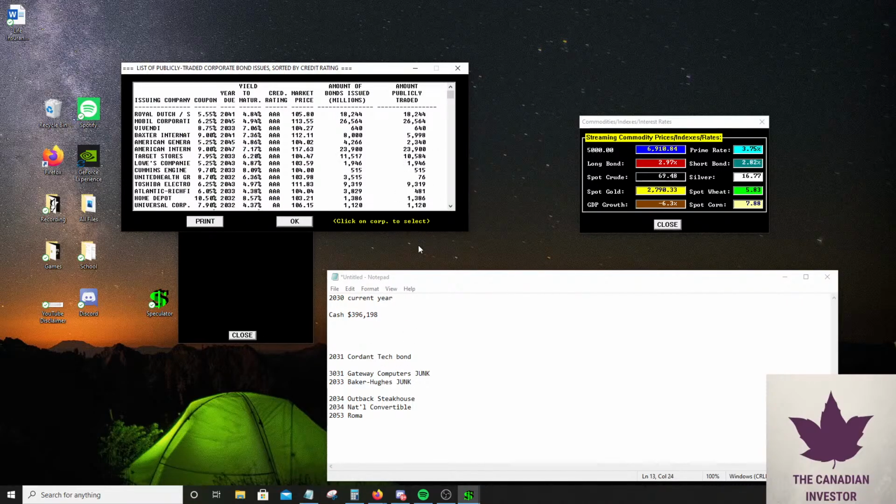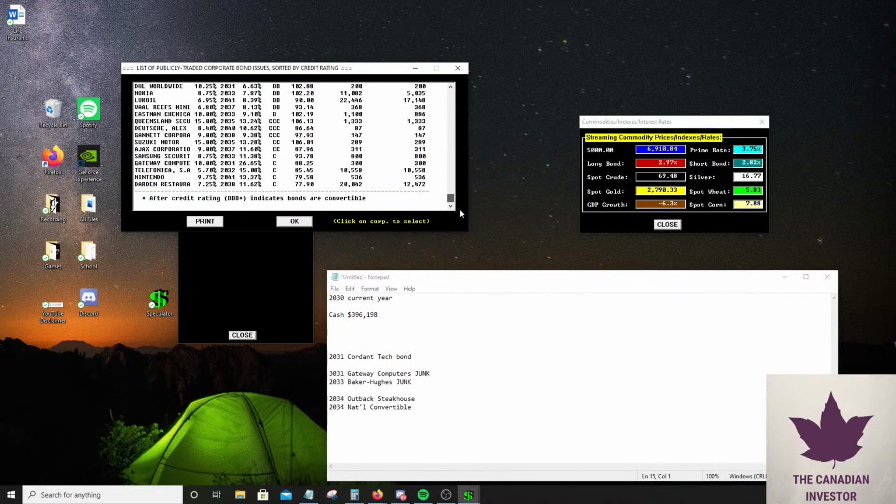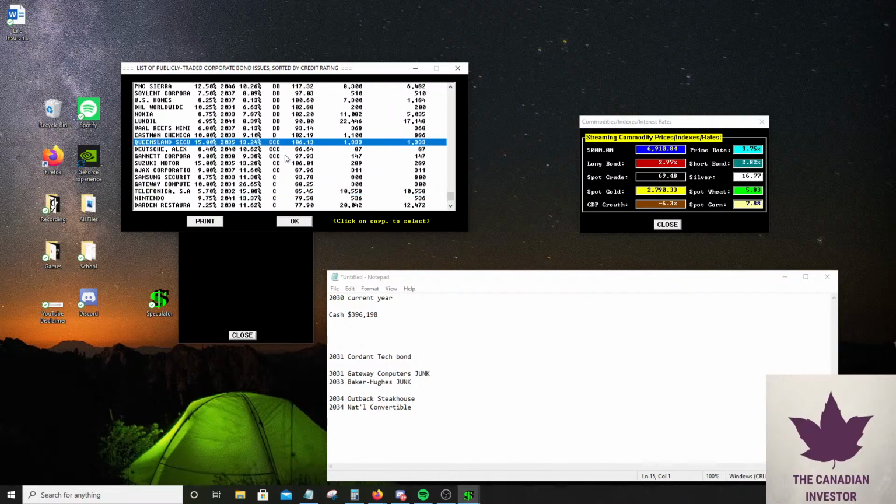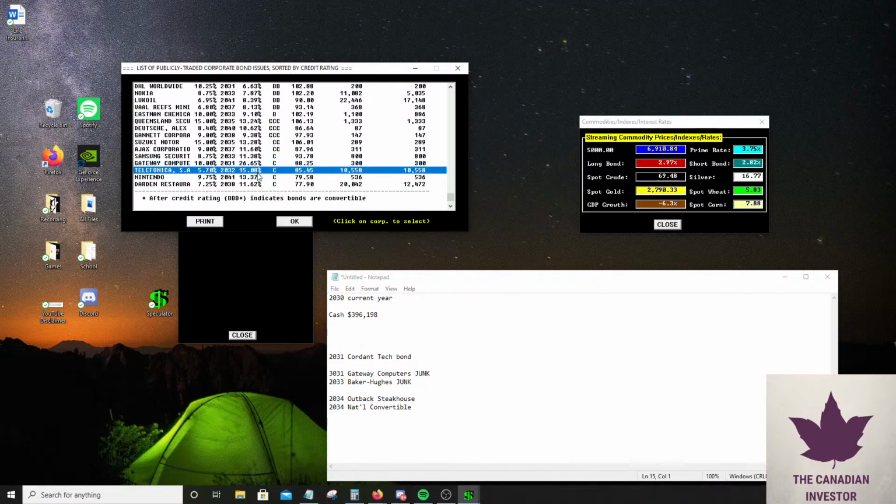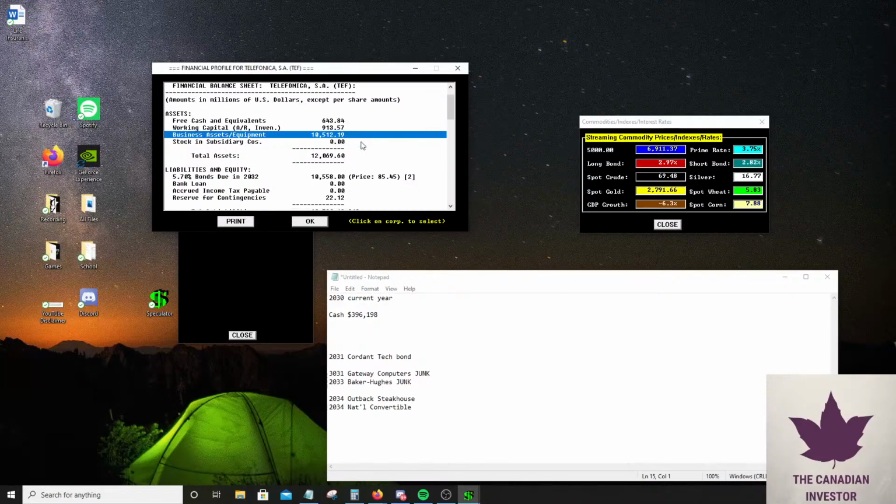So let me aim for probably, I'm not going to be doing super duper long bonds. I'm going to get rid of the Roma because we sold that bond. Let's do some junk, just looking for some high coupons. Triple C, Queensland Securities, 13.24%, 2035. There's a 2032, I'd like that. 2031, Gateway, so that's the potentially high risk company we have. Here's a junk bond right here at 15%. Yeah, I'm probably going to do a giant junk one for this one.